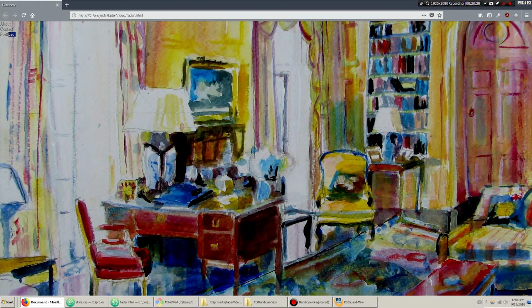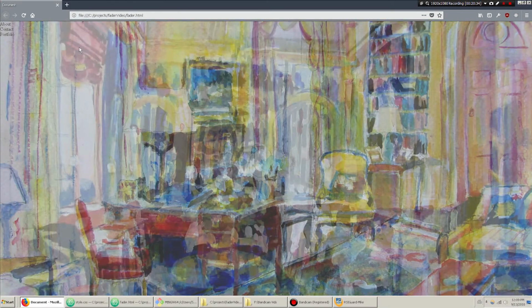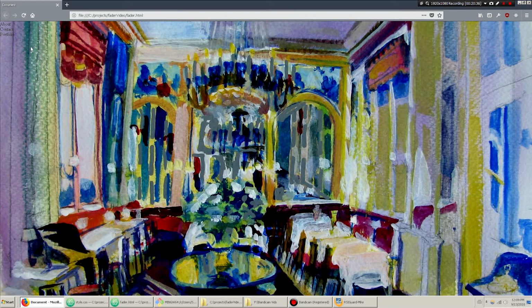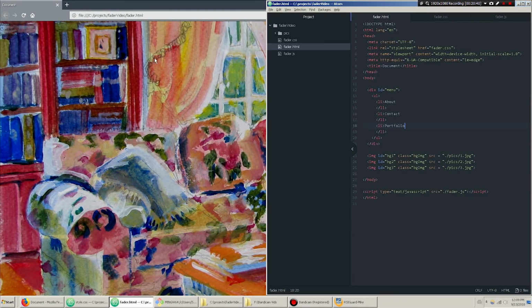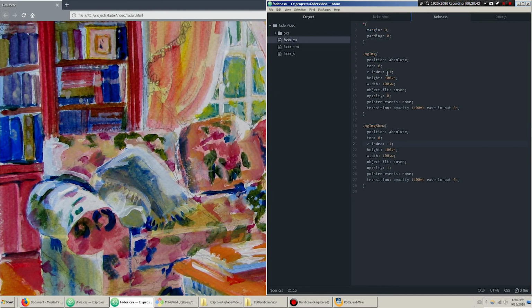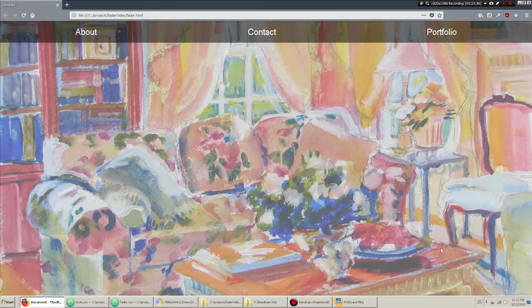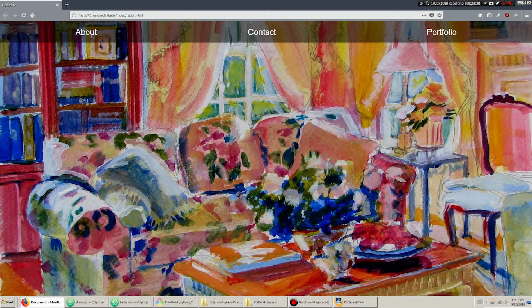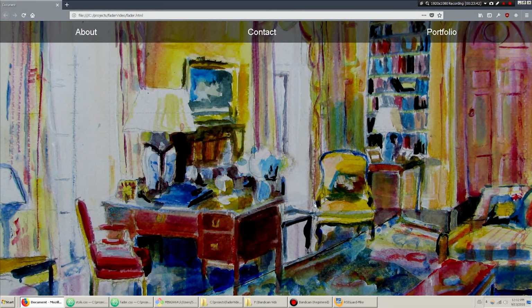So you can see that these are appearing on top of the image just like it is background. Even though it's not a background property technically, it's acting like a background, and you can style those and make them into a menu. There you go. There's a menu over the background, and this is what you can use to make a sliding or fading